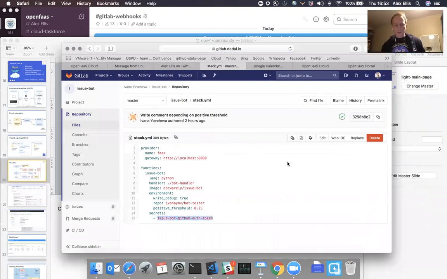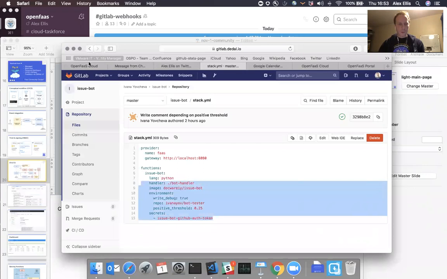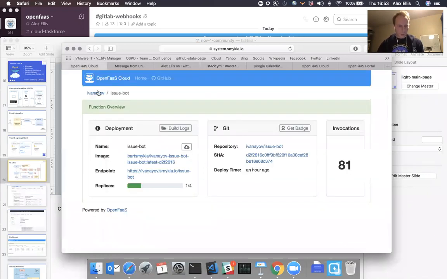Okay, so there's a command in the OpenFaaS CLI that will take a plain text secret or a plain text file and turn it into an encrypted file. And then if you place it as secrets.yml, OpenFaaS Cloud will read that in, securely attach it to your function, and that's how Ivan is able to post back to GitHub through the API without specifying it here, which I think is something that's really useful.